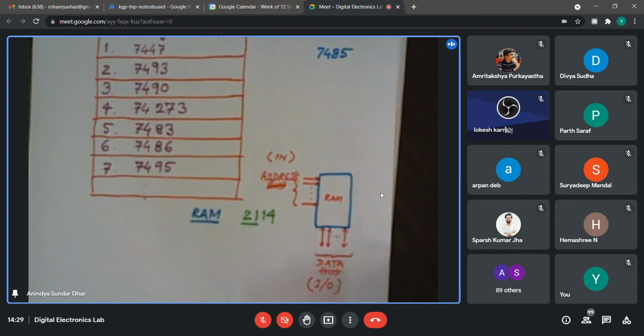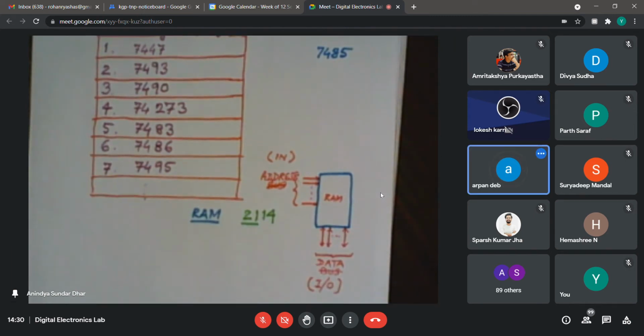But in this 2114, and many other RAM chips that we typically use, even in your computer, they have a bidirectional data bus. At times it can work as input, at times as output. So when I am writing something, should the bus be input or output? Input. And when we are reading, it should be output. I think you have got it correctly.